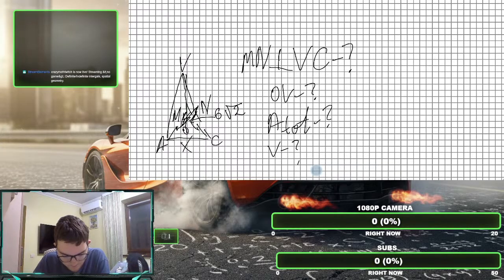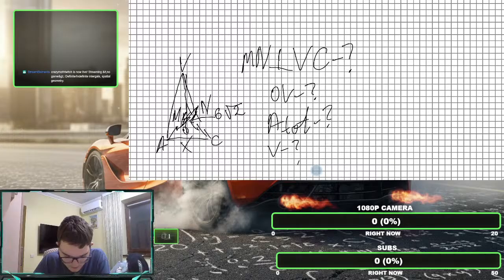OV, the height, how am I supposed to find it? Well, if I take a look there, MN is 6 square root of 2, so